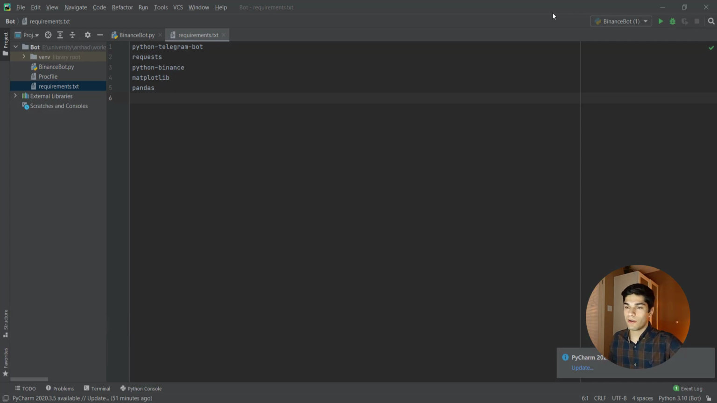Okay, as before, we are going to have a requirements.txt file which will install all the requirements for us. And in this project, I'm using python-telegram-bot, which is a library for us to interact with the Telegram bots, which makes it really easy to work with. The other one is requests, which almost all the time I require. And the other one is this one, which is really important, Python-Binance,